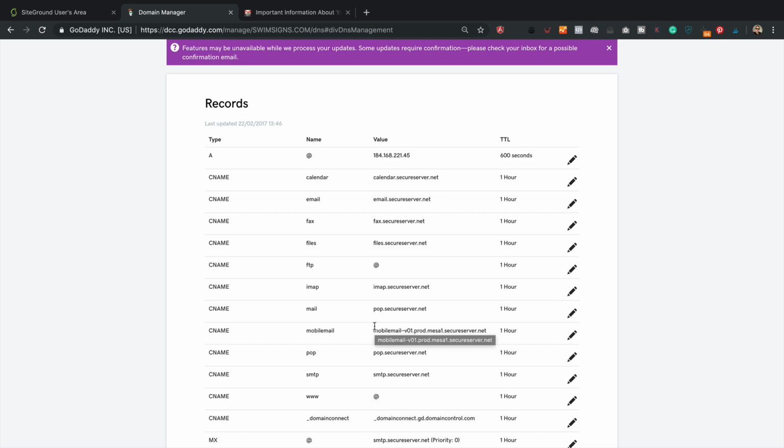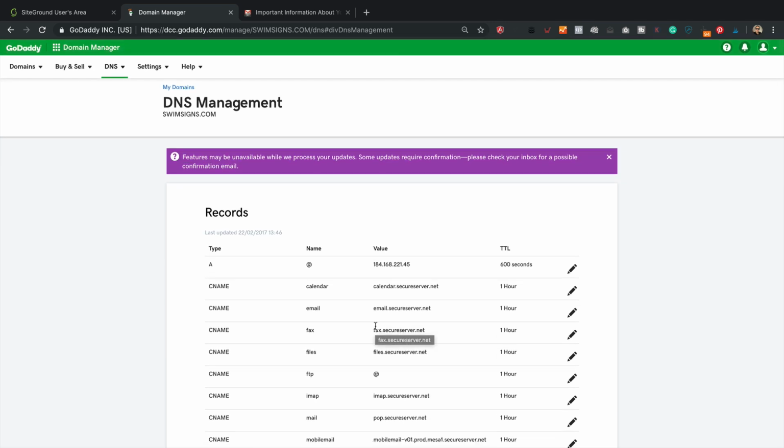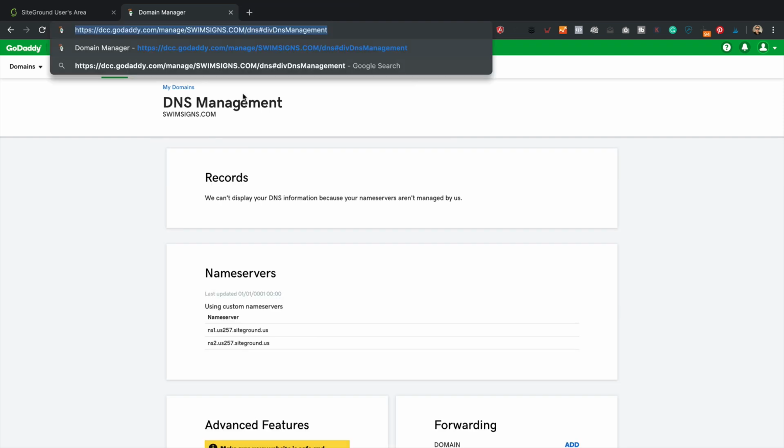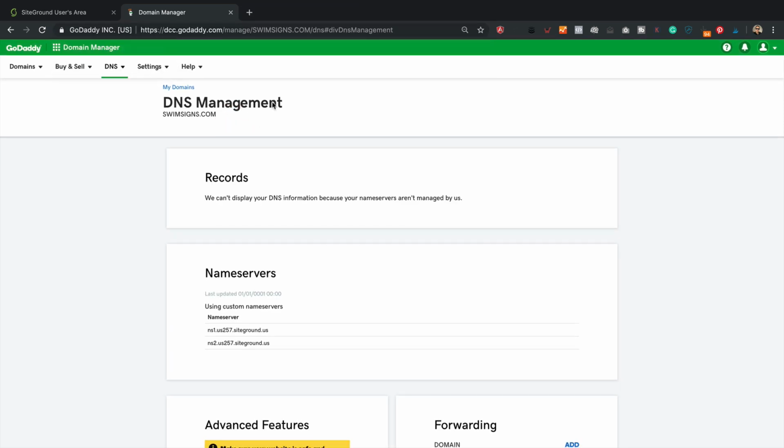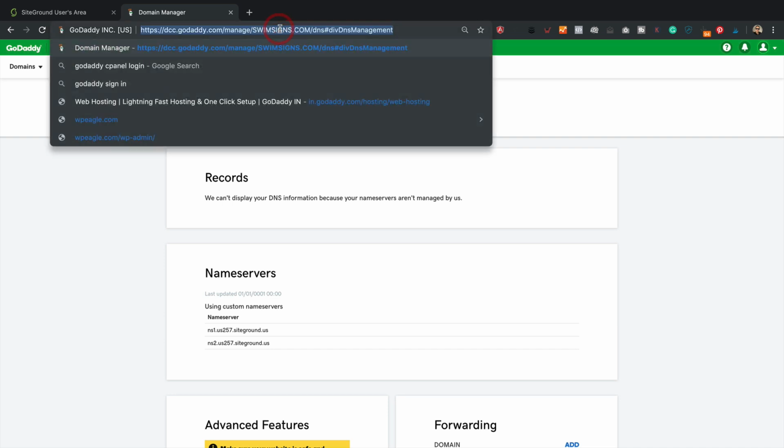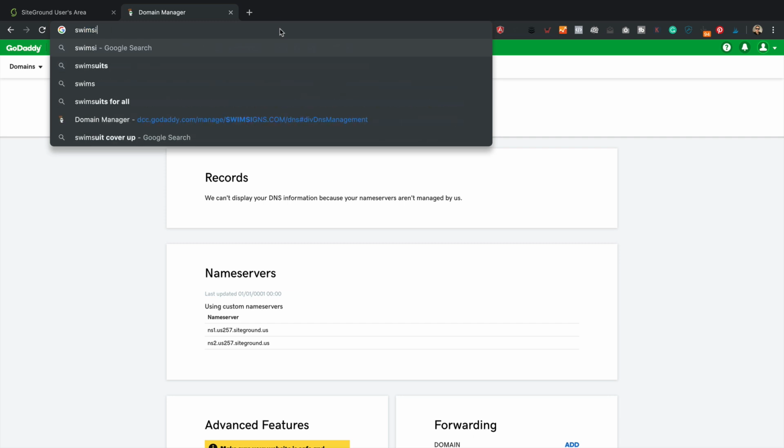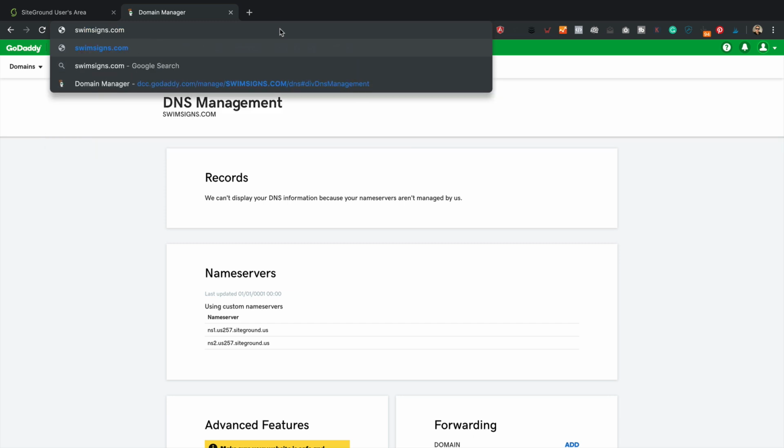Now that's going to take a few moments to update. Sometimes it can take a couple of hours, but hopefully it's only going to take a few minutes. And close my email, don't need that anymore. We'll know that the domain has been updated and that we're pointing at the Siteground hosting when we type the domain name into our browser,